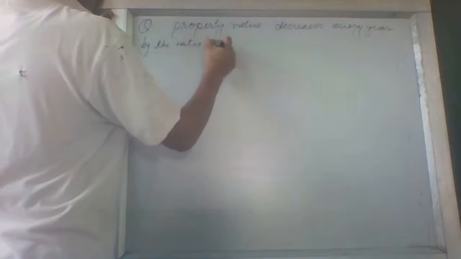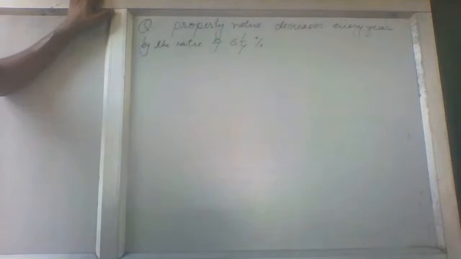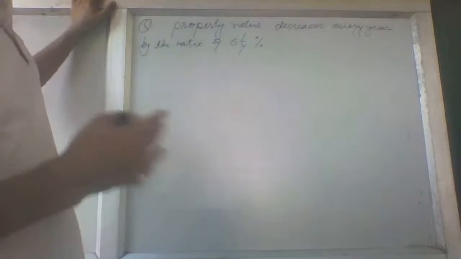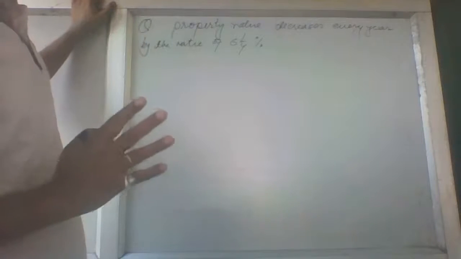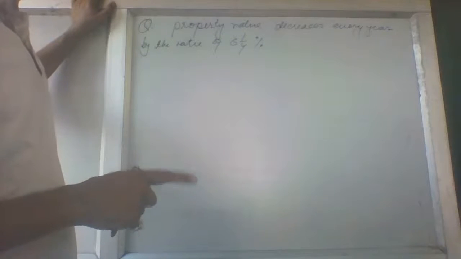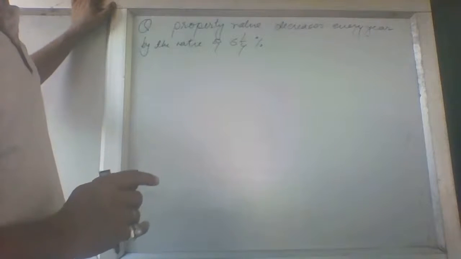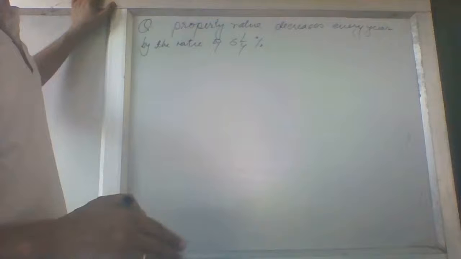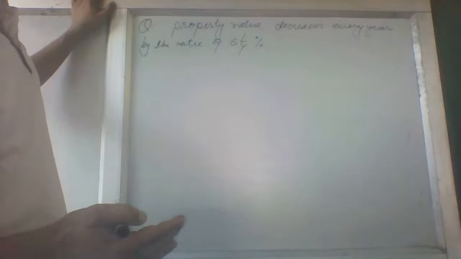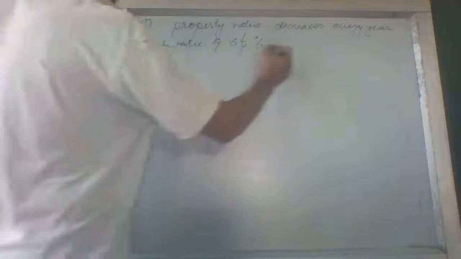6 1 by 4%, of its value at the beginning of the year. I have defined this earlier, what the beginning of the year is and what the end of the year is, so you must always remember these things. If the value at the end of 3 years be 21,093 rupees 75 paisa,